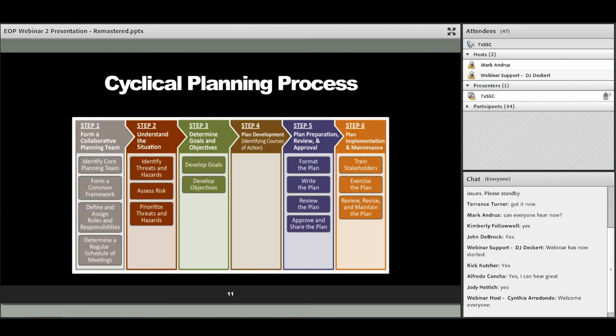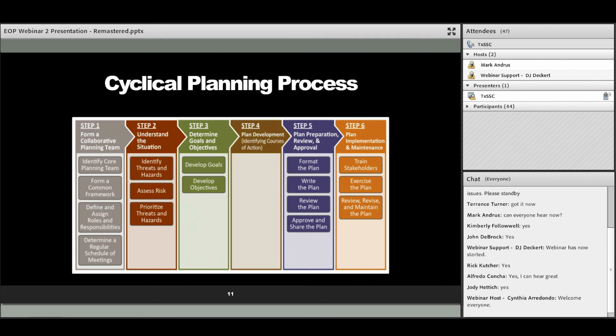Okay, so the rest of this webinar is going to be basically going through the 6-step planning process. And we're going to focus on each of those 6 planning steps in the process. The planning principles are just meant to kind of weave themselves throughout the whole planning process. So those are like best practices that you'll hear us talk about as we talk through each of the steps when you're creating your plan.